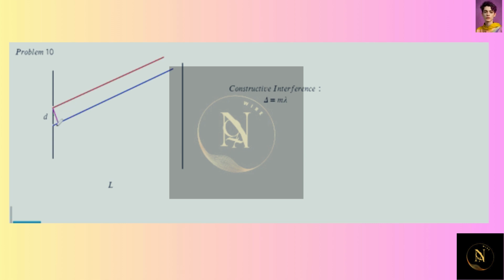Here we see that sine of theta is going to be opposite, which is the path length difference, over the hypotenuse, which is d. We multiply d on both sides, and this is how we get d sine theta m is going to be equal to delta. For constructive interference, delta is just going to be equal to m lambda. So that's where that familiar equation comes from, provided that m